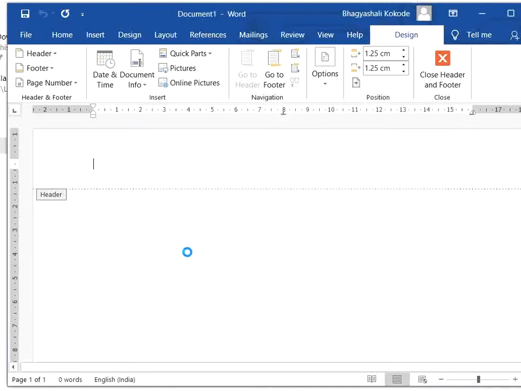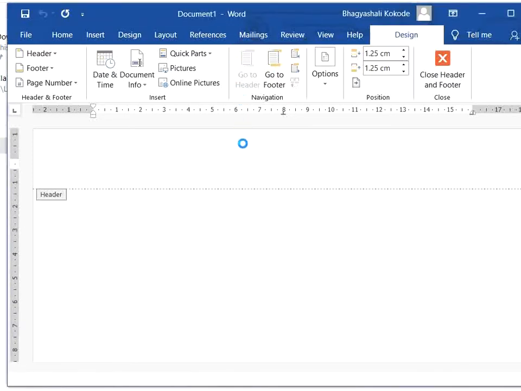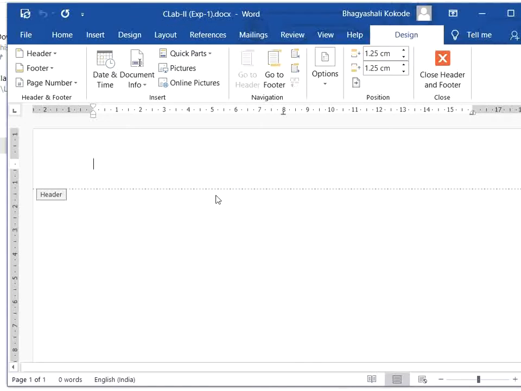So it is saved as CLab 2 experiment 1. I am using Control S for saving the document.